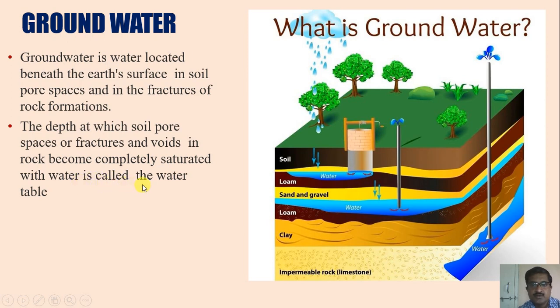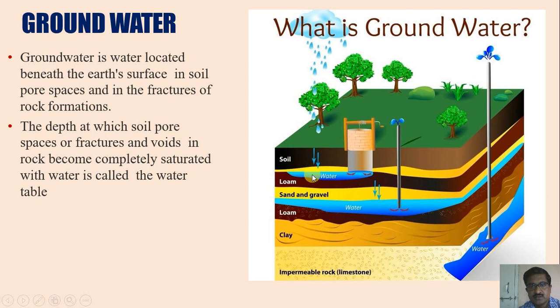Here a very good picture has been shown of how the water gets stored. A cross section of the ground is shown. The precipitation takes place, some water percolates into the ground, the rest flows on the surface of the earth, and the water in the ground passes through various layers. You can see various types of layers, and the water gets stored at various locations. You can see separate